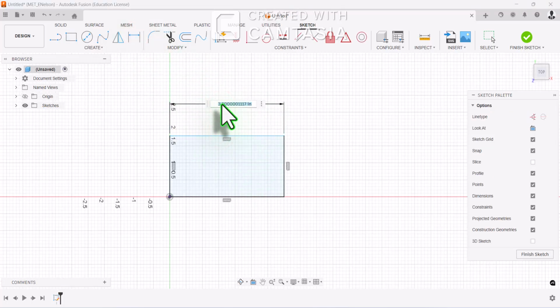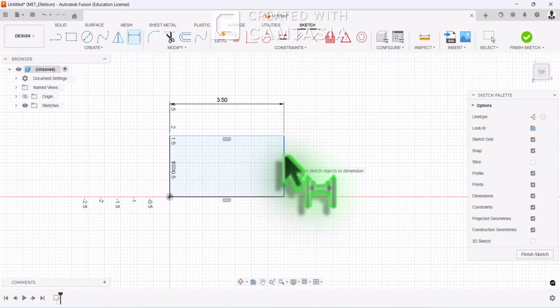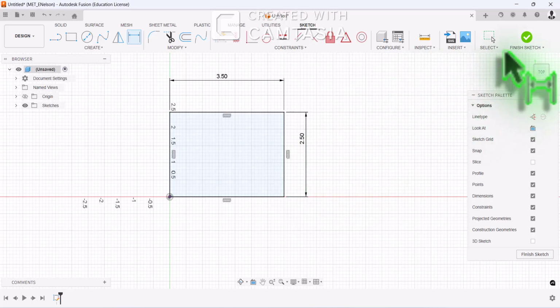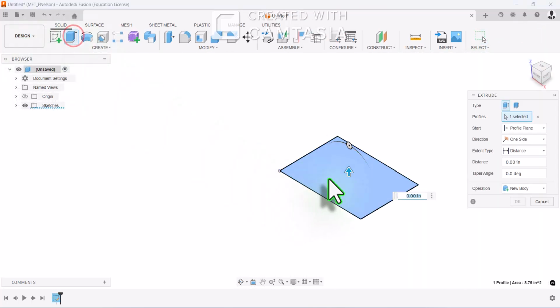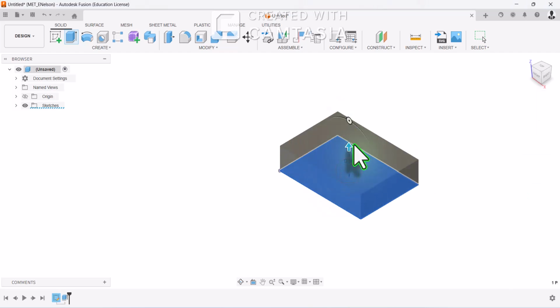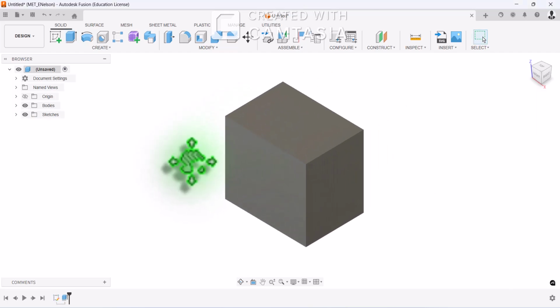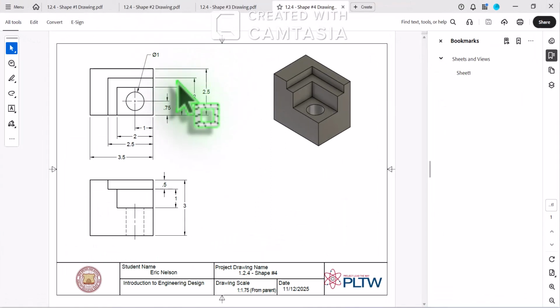This is 3.5 inches by 2.5 inches. And finish sketch. And I'm going to extrude this 3 inches. Alright, now in this shape we have a bunch of different layers of cutouts, so what I'm going